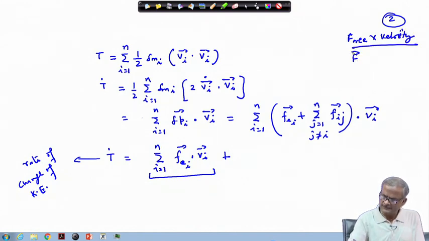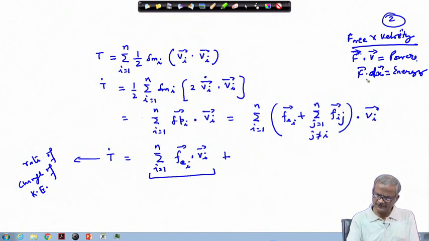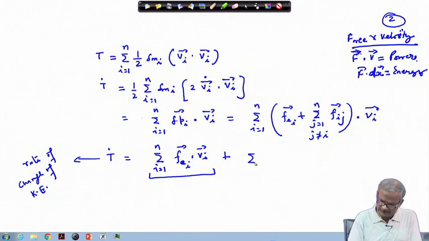Basically, this is your f dot v, this term is the power term. And if you write simply f dot dx, or dr whatever, this is your energy term. So, as you can see, this is the rate of change of energy. So, this becomes dx by dt, so that appears as v here. And the other term